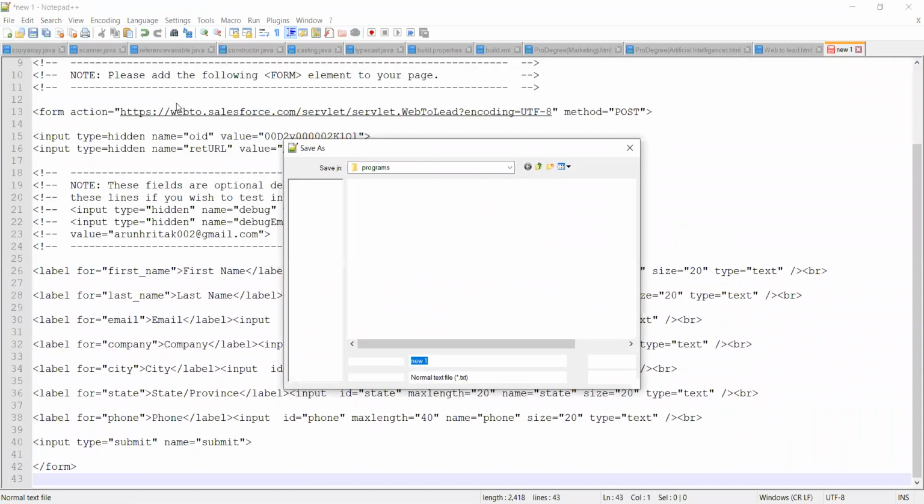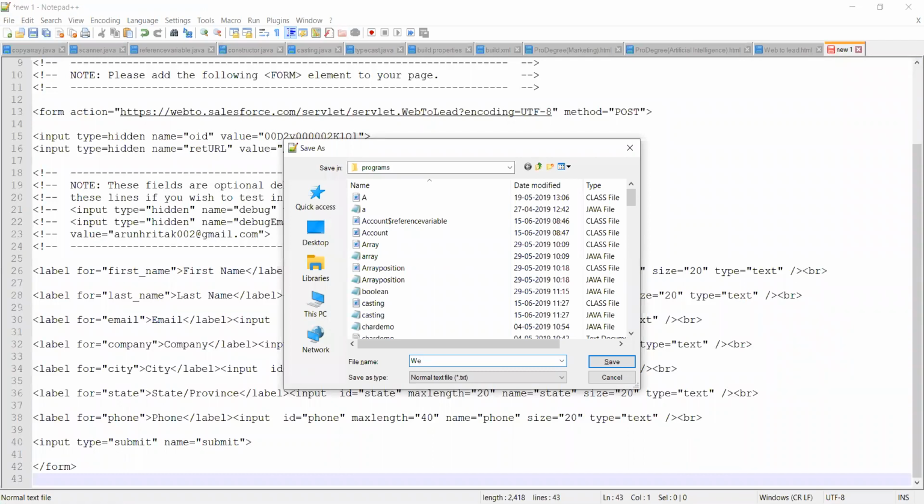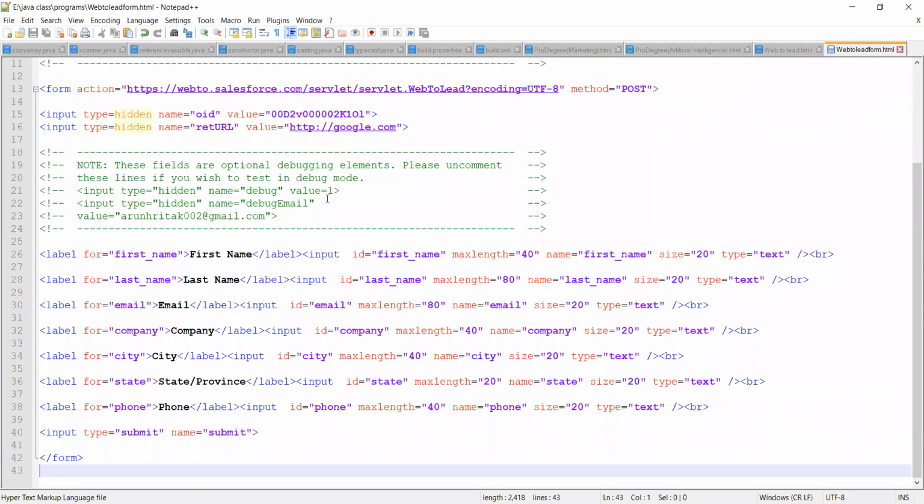I'll name it web to lead form, and it should be saved in the .html format. I'll save this. Once I save this in my editor, you can observe the fields that I have selected for the Web to Lead form: first name, last name, email, company, city, state, province, and at the last I have selected phone number.